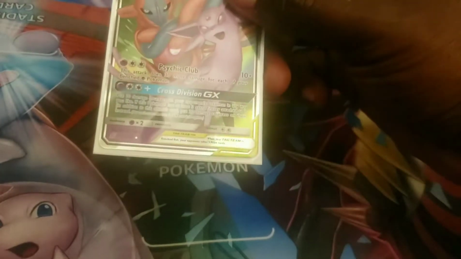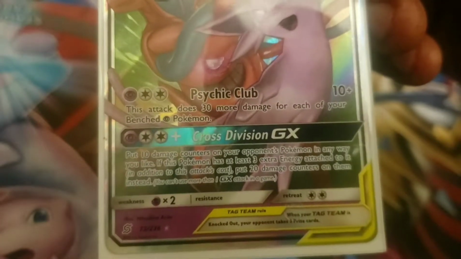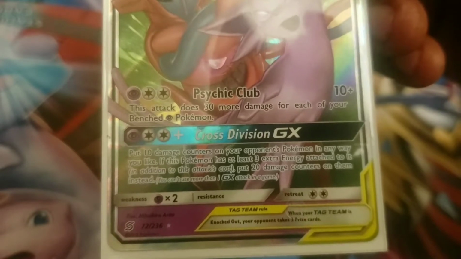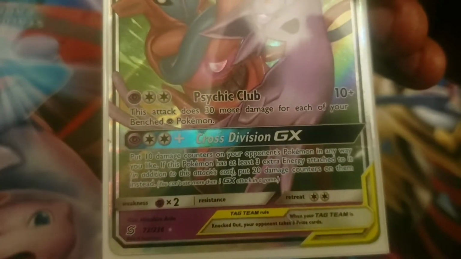So for a psychic and double colorless, I'll put it up so you can read. Put 10 damage counters on your opponent's Pokemon any way you like. If this Pokemon has 3 extra energy attached to it, in addition to the attack cost, put 20 damage counters. So this also just helps spread damage and set up KOs